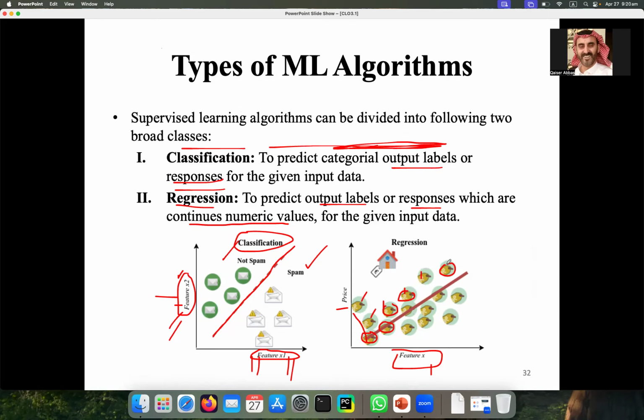How can you plot this diagram, and why am I calling it regression? Normally, the rent depends on the number of bedrooms in the house, how many bathrooms, how many halls, how many lounges, and what the total space and covered area are.